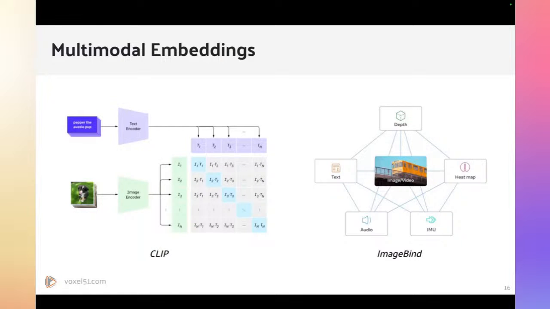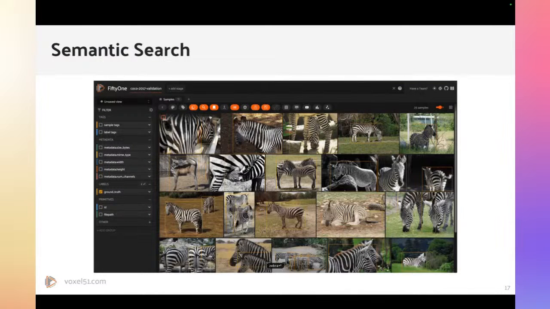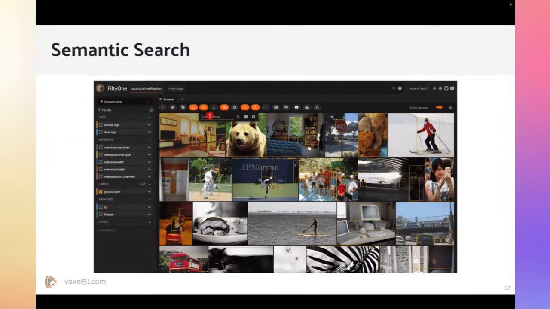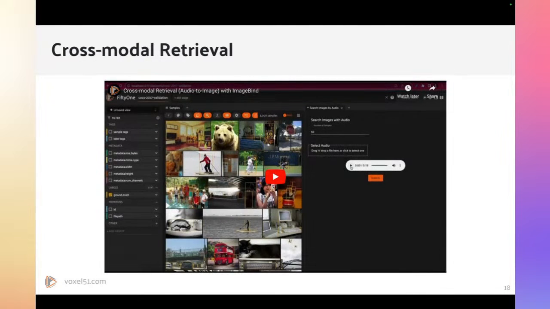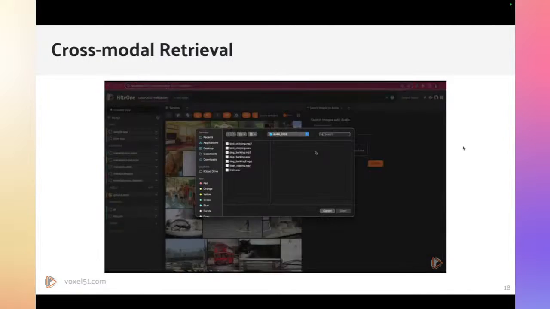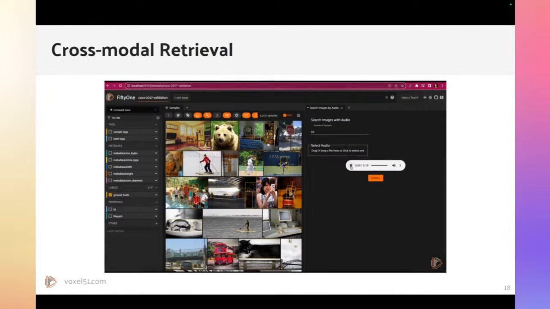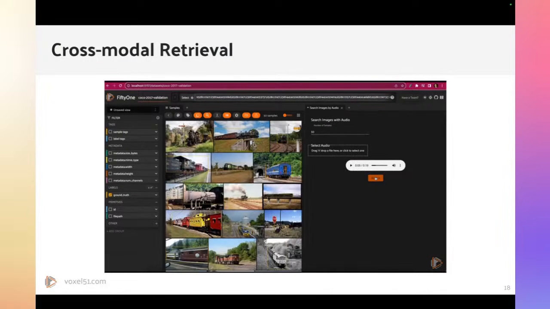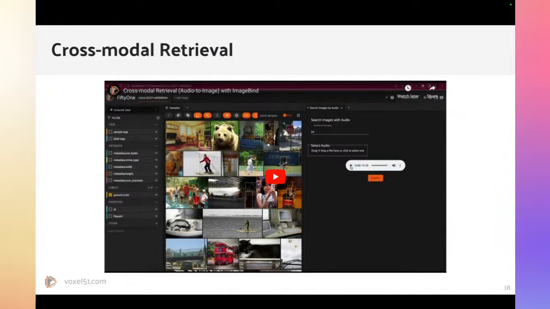You also have things like ImageBind, which allow you to compare even more modalities than that. And this allows for tons of cool things like semantically searching through images, which we're going to show today, for cross-modal retrieval. I'm going to run through this super quickly, just to give you an example of what is possible. Hopefully the sound will come through, but the idea here is we're using ImageBind, we're passing in an audio file, we're embedding the audio file, and then we're using a vector database like Milvus to search against all of our image embeddings and find the images that are similar semantically to that audio clip.